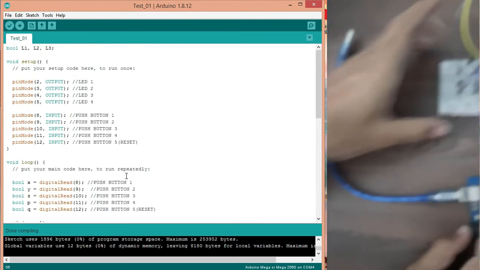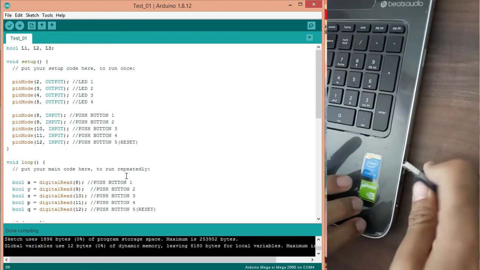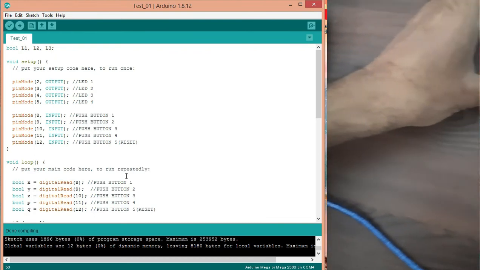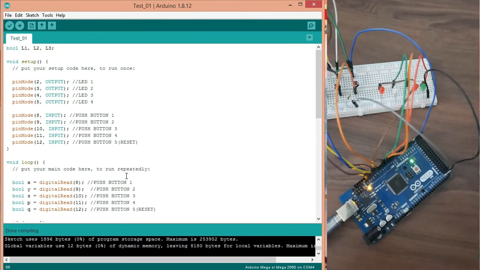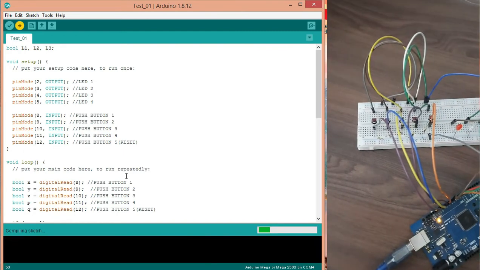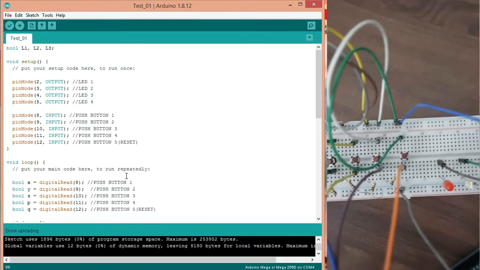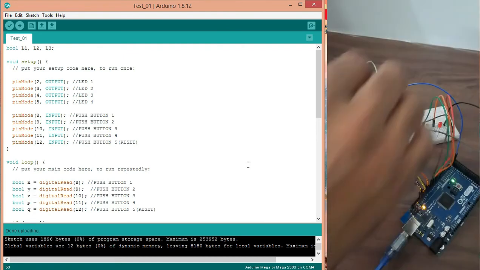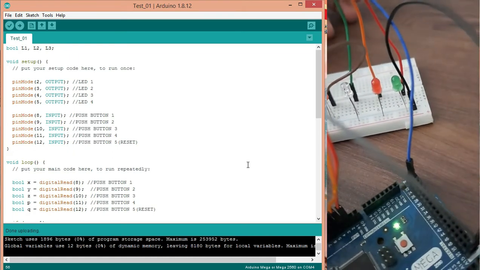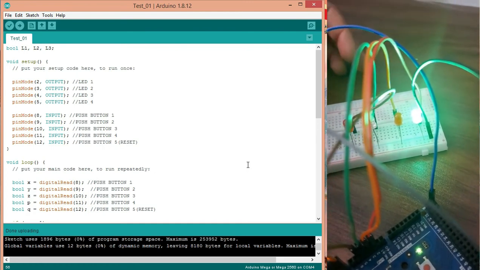Okay, as you can see, I have already set these wires, so you do not need to worry about these wires. I have already made a video on this before also, so you can check over there. Now after uploading this code, okay, the code has now uploaded. Okay, let's check this. Now I'm pressing push button 1, 2, 3, 5. Okay, after 5 seconds, LED 1 has turned on.